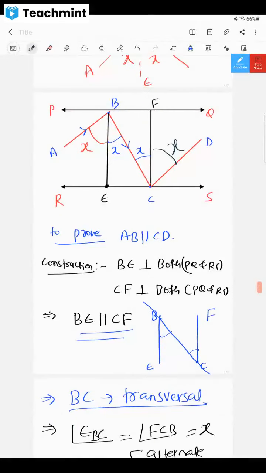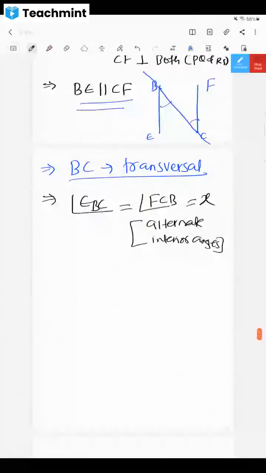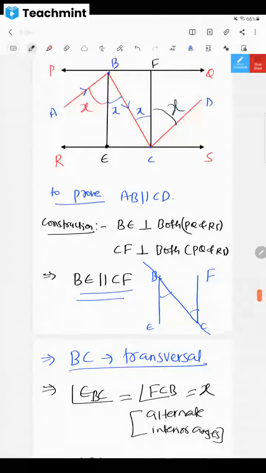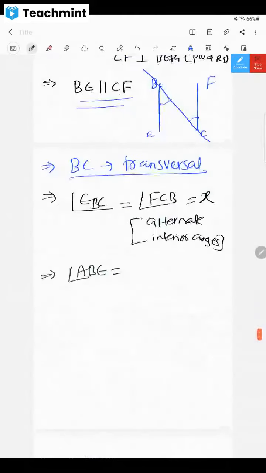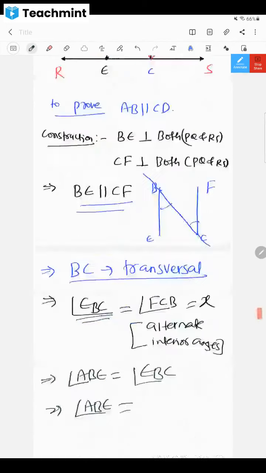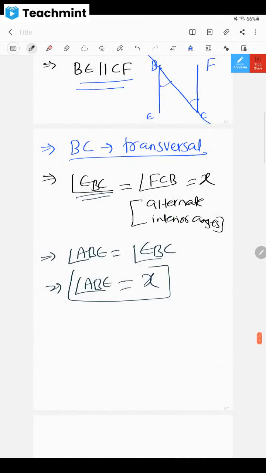Okay, please try to get what I'm trying to say. So I'll write that angle ABE is equal to angle EBC. Angle ABE has to be X only, because I got to know that EBC is X. So that's why it becomes equal to X. ABE is also X. You have to mention that. What is the reason you are going to give here? Angle of incidence is equal to angle of reflection. That's it. Clear, dear children?